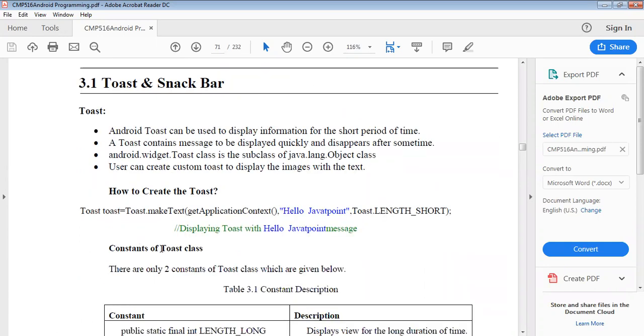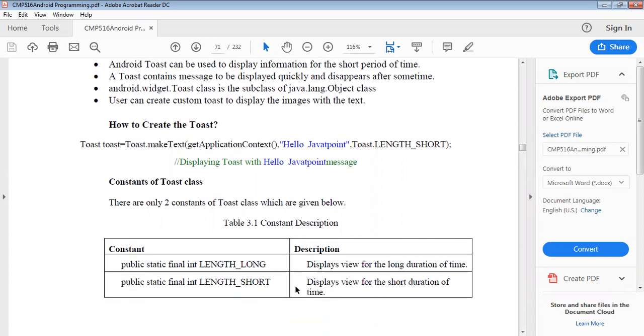Next, constants of toast class. There will be two constants of that toast class which are given below. First will be public static int LENGTH_LONG and LENGTH_SHORT. LENGTH_LONG means what? Display the view for a long duration of time. And short means display the view for a short duration of time.